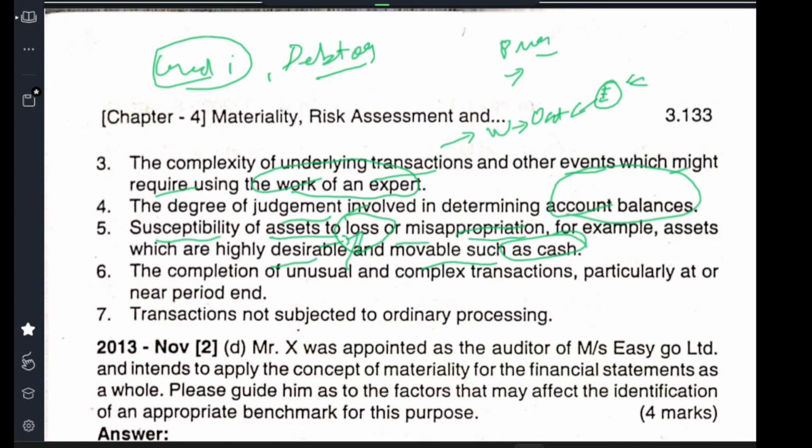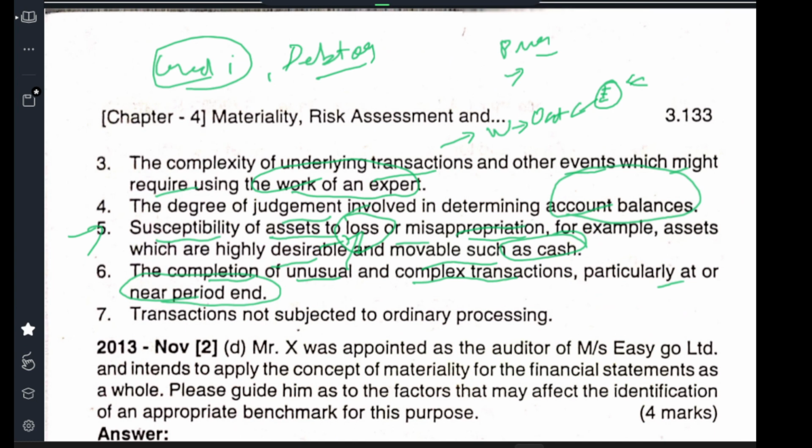Misappropriation: sometimes the company's car is used for the personal purposes of employees, or the company's asset is used by others for other purposes. The company is using it for this purpose, but it has been outsourced without any proper agreement, or there is revenue leakage in such kinds of things. Then there is the completion of unusual and complex transactions, particularly at the